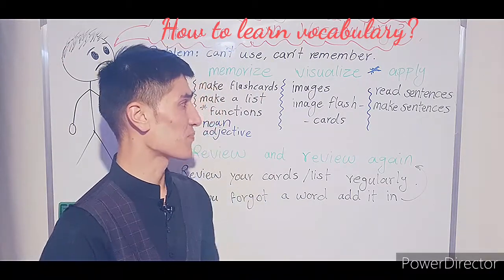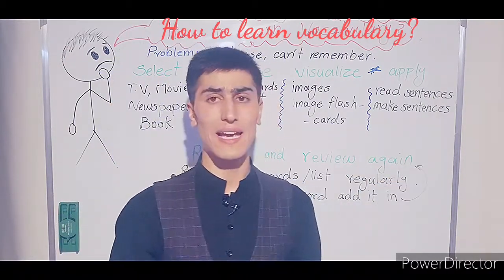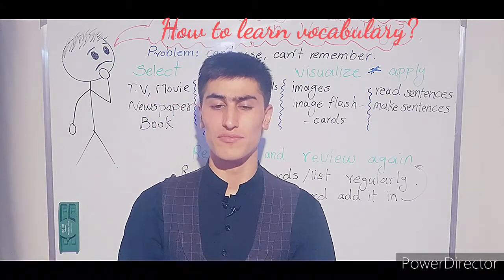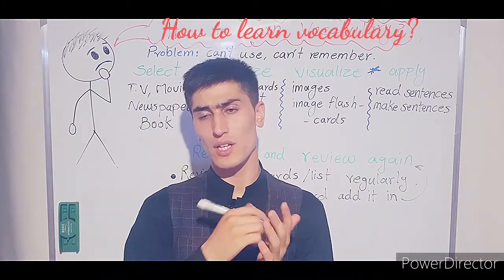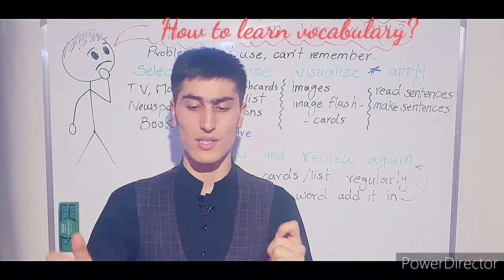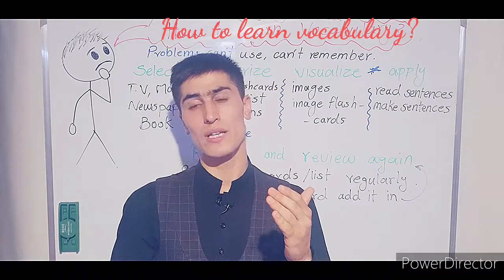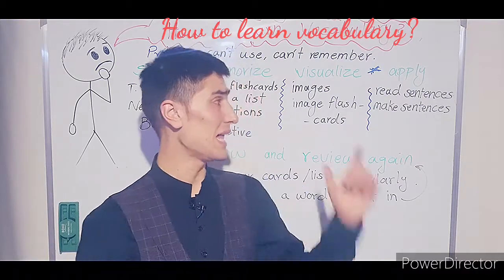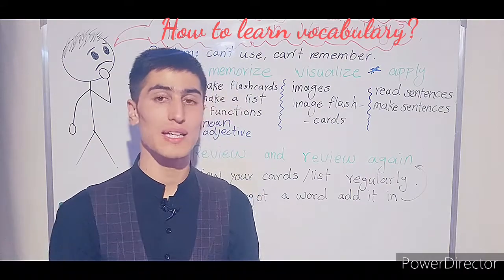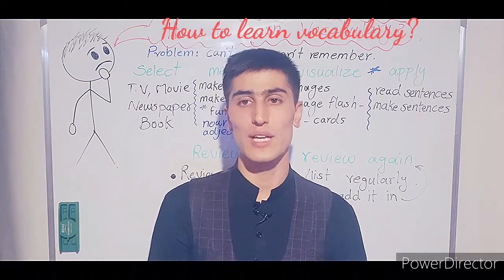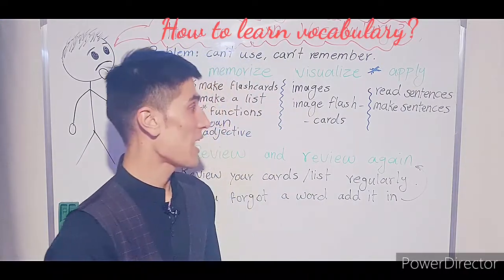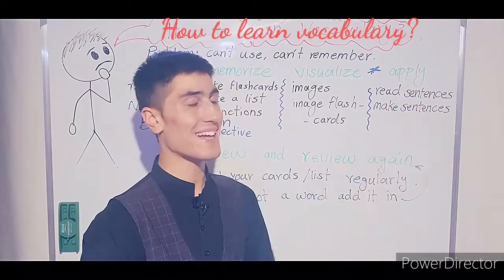So how to apply? Read sentences related to the words, or read sentences with the words inside. For example, you can write the word on a dictionary and then find the sentence about it and read the sentence, or maybe sentences about the word and read those sentences. So this helps you understand the usage of the word. Where to use it, with what words can I use it, or what are the collocations with the word you memorize.